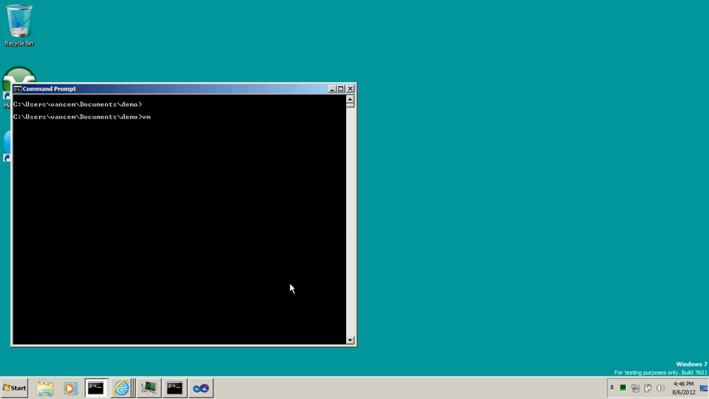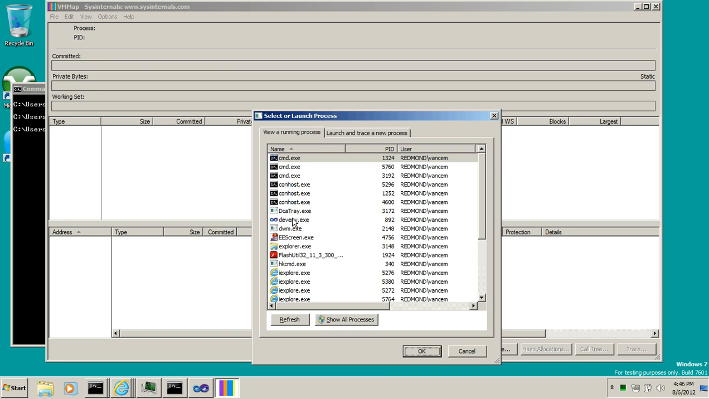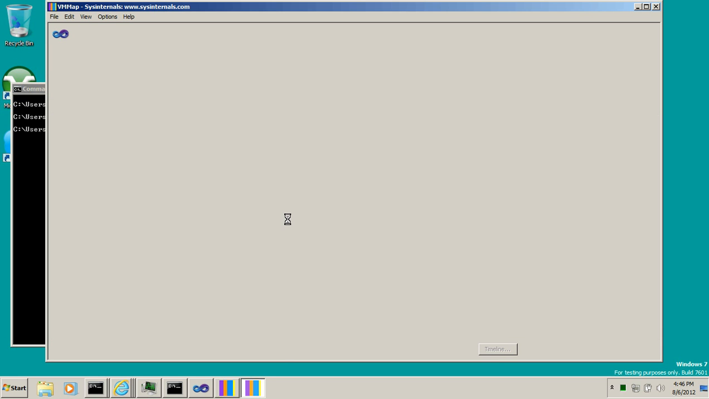I'm going to use a tool called VMMap. And this is a Sysinternals tool. It's a free tool that you can get by downloading from the web. Just Bing it and you'll find the download site. And when you launch it, it will bring up this dialog box where it's basically asking you to select a process to dump. And so I'm going to select the Visual Studio process, which is this devenv.exe,